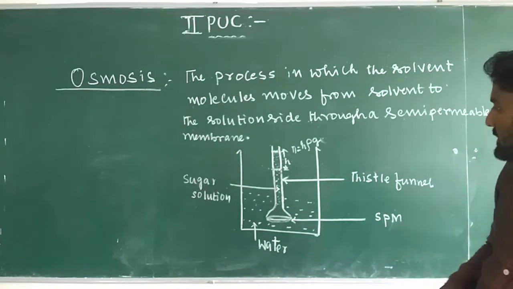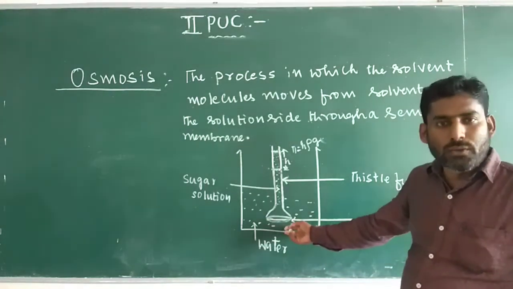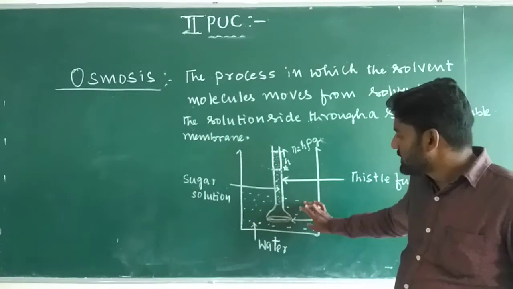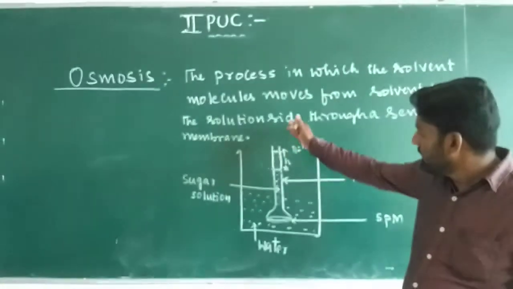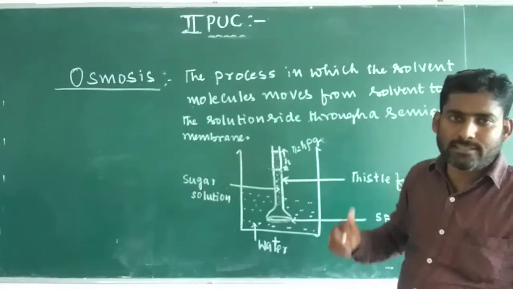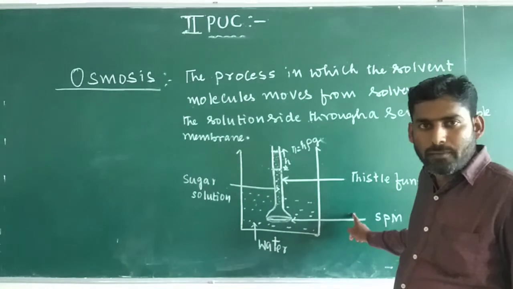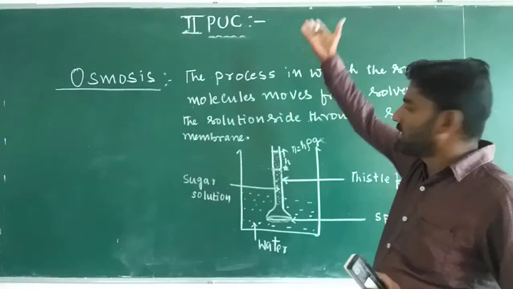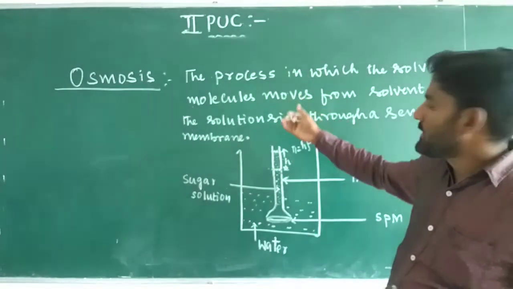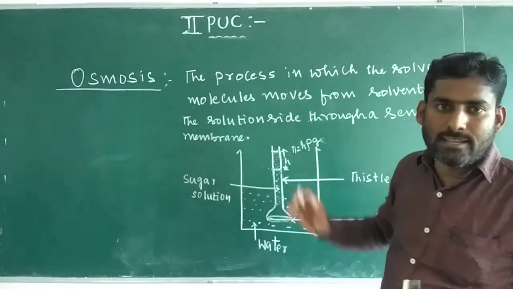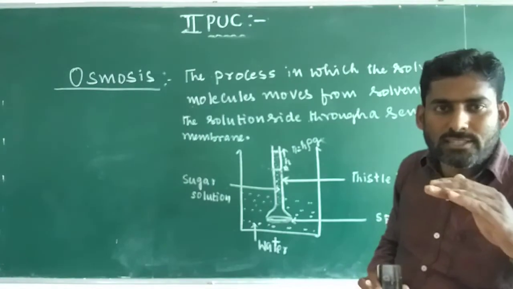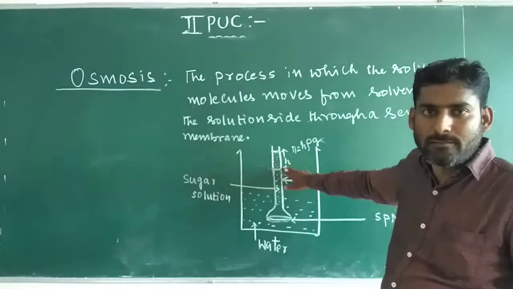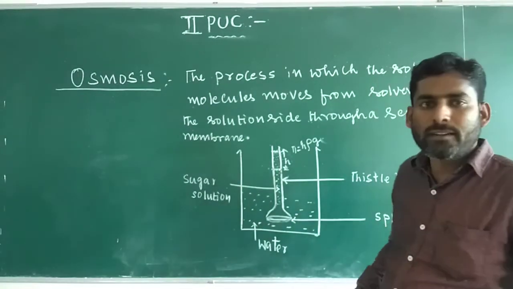After some time, the solvent molecules, that means water molecules, from the solvent side enter the solution side through the semi-permeable membrane. As a result, the height of the solution, the sugar solution level, in the Thistle funnel increases. The process of osmosis takes place, meaning entering of solvent molecules into the solution through the semi-permeable membrane